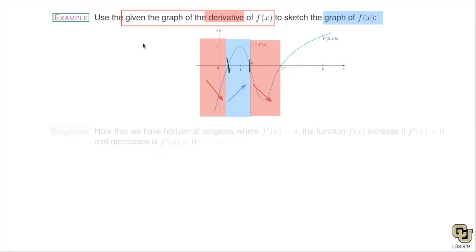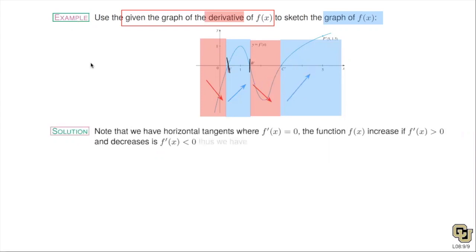Remember, wherever the derivative goes through the x-axis, that means the derivative is 0. We have a horizontal tangent wherever the graph of the derivative goes through the x-axis. So this final section, again, the derivative is above the x-axis. So now I expect the graph here to increase. And so we want to correlate these things. So if you look at the graph here,